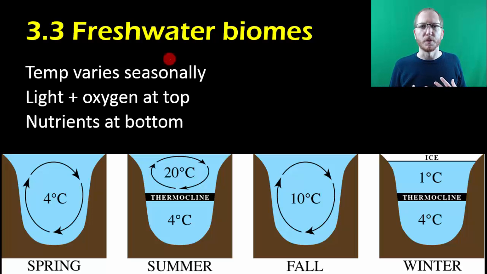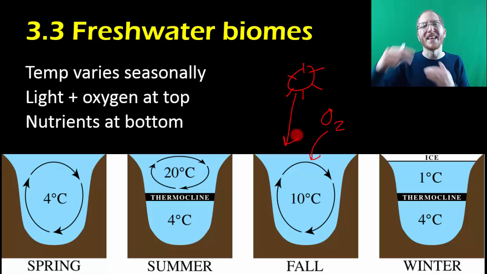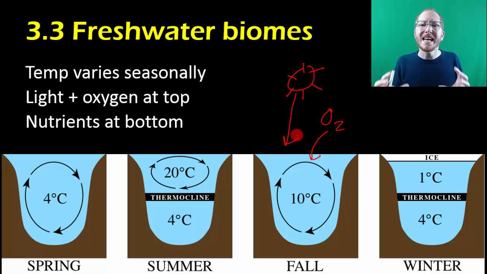So for freshwater biomes, what I want to make sure you understand that's critical is when you look at things like lakes, they're not as deep, they're not as big as the ocean, but they still have some significant things that happen. Ultimately, you have oxygen in the atmosphere, and that oxygen will then diffuse into the water. You also have sunlight from the sun shining down into the water in that top layer. So if you're in a lake, the top layer gets most of the oxygen and most of the sunlight,